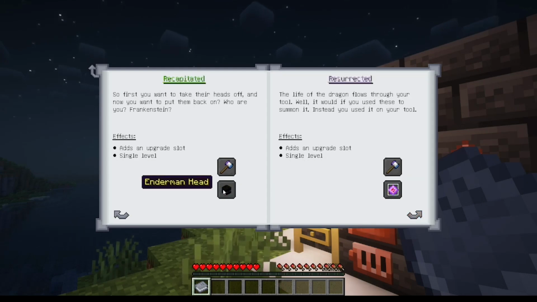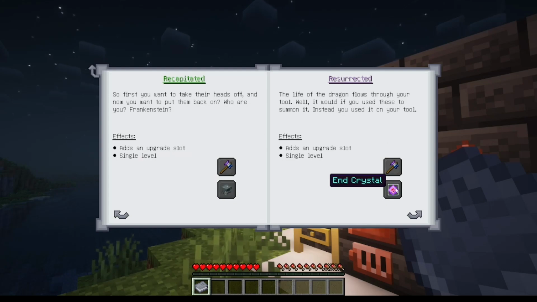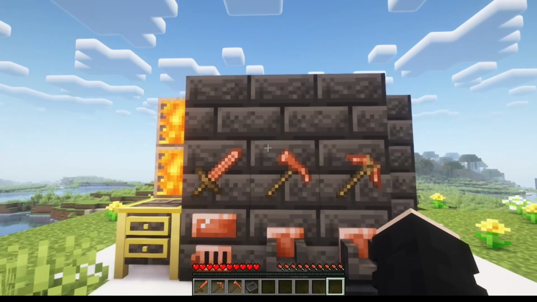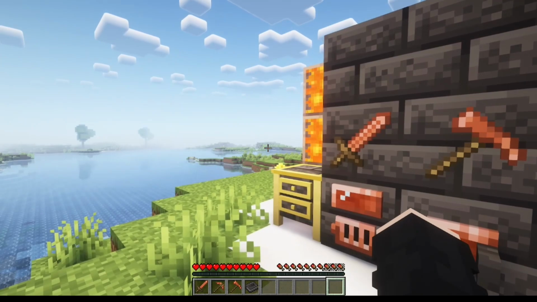Recapitated, you put a head onto your tool, and you get an extra upgrade slot. You can also add an end crystal, and it adds an extra upgrade slot. Or a book and quill, and it adds an extra upgrade slot, which is dope. And then now, so we have our smeltery set up, we've gone through all the modifiers already, we have our